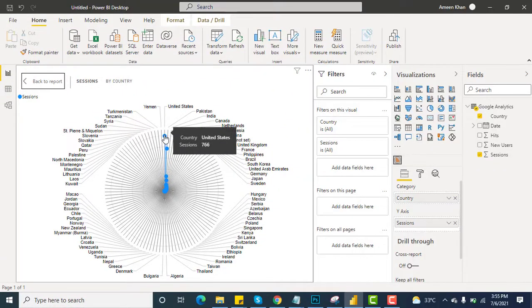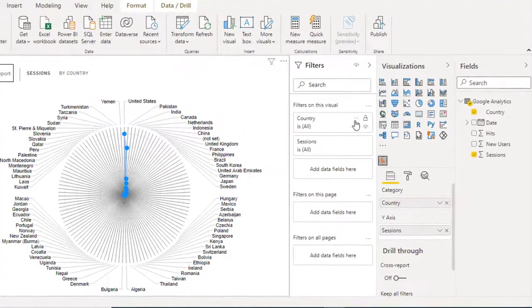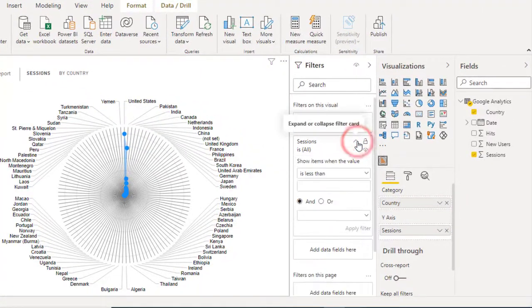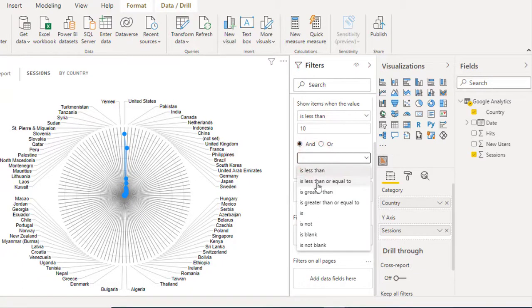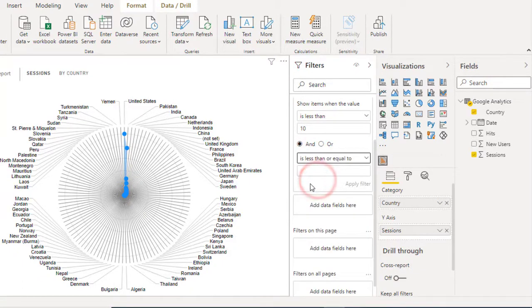To make the data more clear, I want to go to the session and filter it in this way so that you have a better view of the datasets. So I'm taking less than 10 sessions and less than or equal to 25 sessions, and